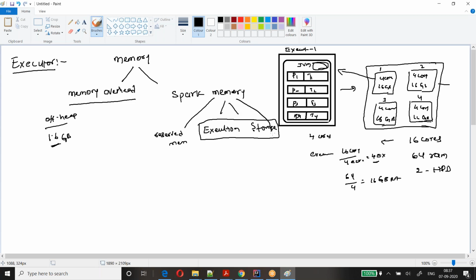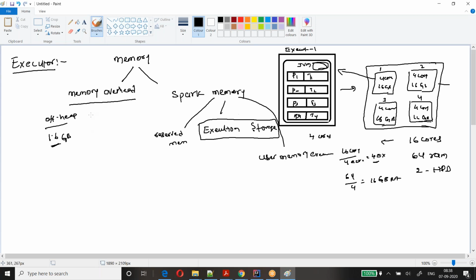Reserved memory. There is one more part called user memory. Like this. Ravi, this categorization all happens after the 16 GB, right? Each is good to have within the 16 GB memory. So after the 16 GB, it will be divided like this: Spark memory, memory overhead, like that, right?